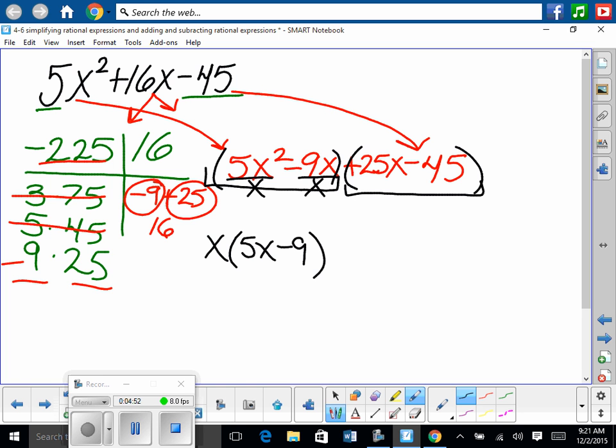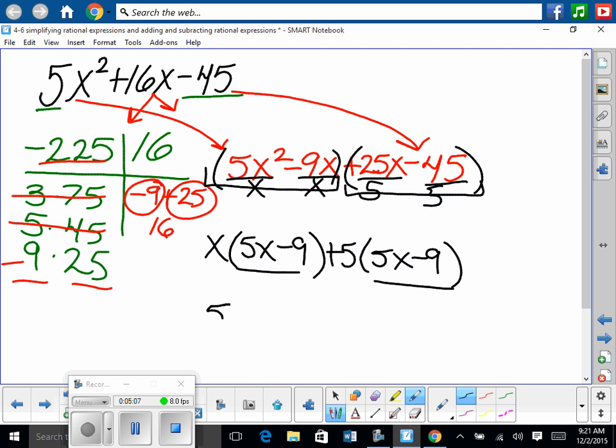What's the greatest thing in common here? Positive 5. So we pull out positive 5, divide each thing by 5. Left is 5x minus 9. And our safe haven's good. If that's not exactly the same inside the parentheses, sign and all, you've done it wrong. So we factored out our safe haven, factored out 5x minus 9, it divides out, leaving us with x plus